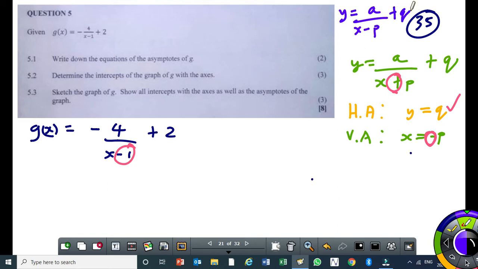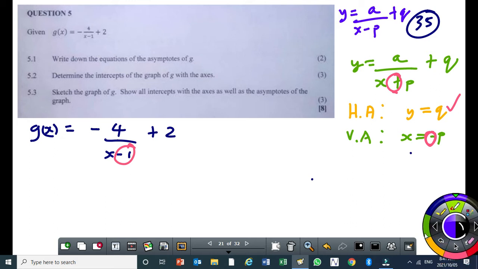I'm going to explain the difference between the two. Let's start with the first one. If your general equation is the first one, since you have got x minus p there, and then here you have got x minus 1,